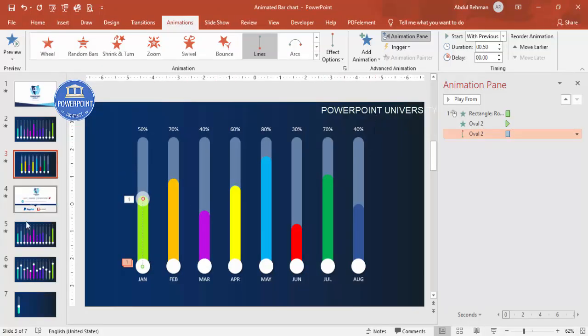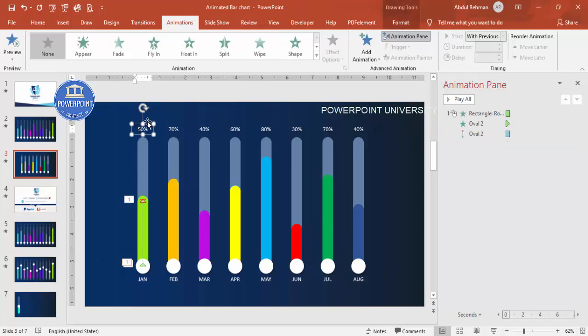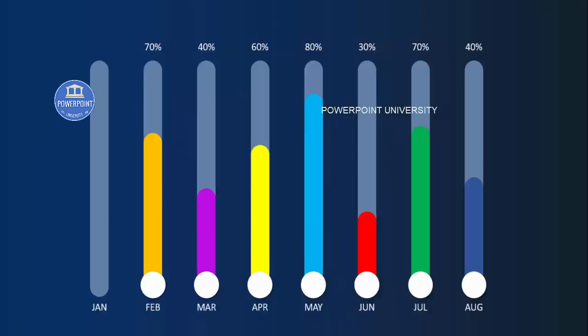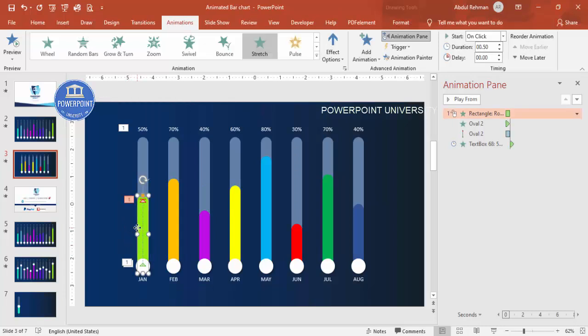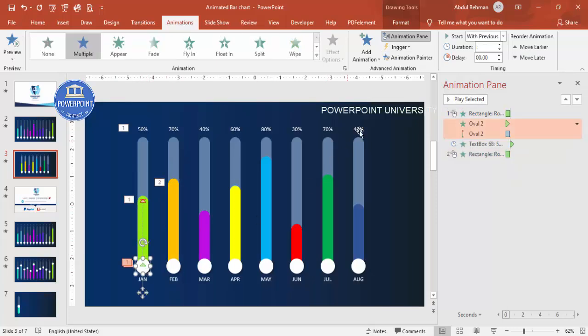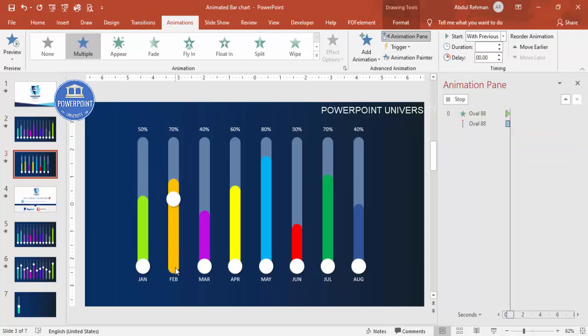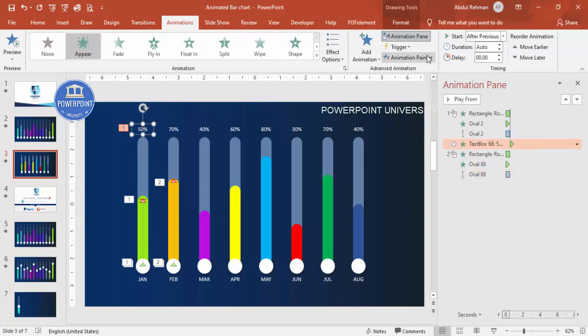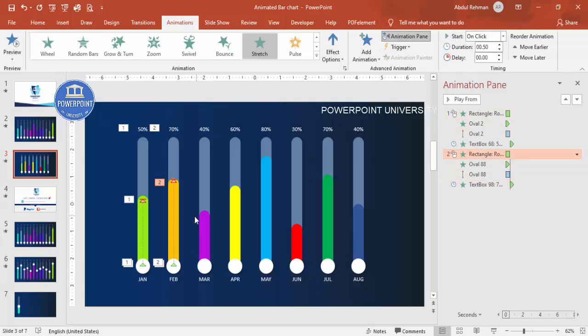All right, now it's very easy. I'm just going to copy the animation, or if you want, this percentage also should appear after previous. Okay, so let me just play once again. When I click, it comes something like this. All right, now I'm going to select this, animation painter, click on this, and then I'm selecting this one, animation painter, click on this. Again it is stopping here. So again I have to click here and then make it up till this point, and then this also animation painter on this, and this one should start automatically once the first one is completed. So I'm going to make it after previous.